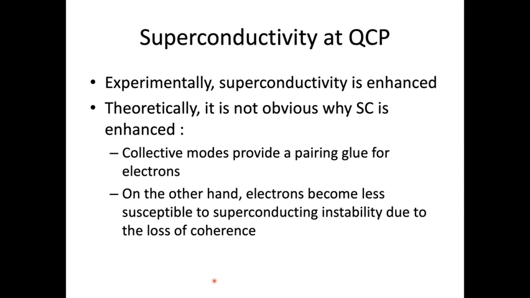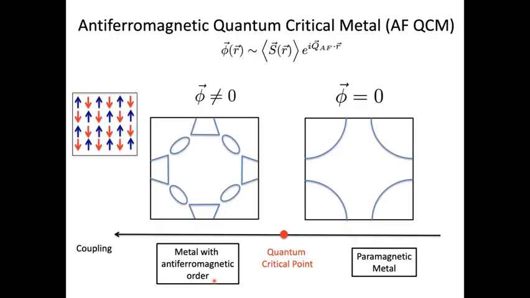In the field theory language, when the electron acquires a large anomalous dimension, accordingly, the composite operator also has an anomalous dimension, right? So therefore, the four-fermion coupling becomes more irrelevant, suppressing superconducting instability. So a priori, it's not clear whether the presence of such a critical collective mode enhances superconductivity or suppresses superconductivity. So in order to answer those questions,